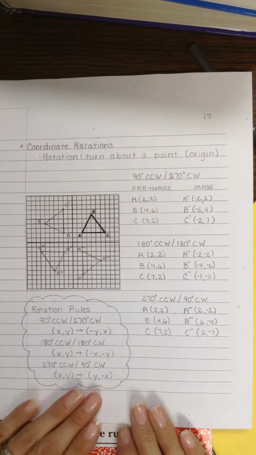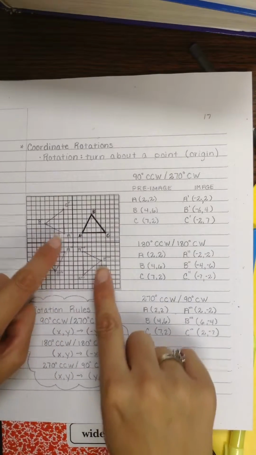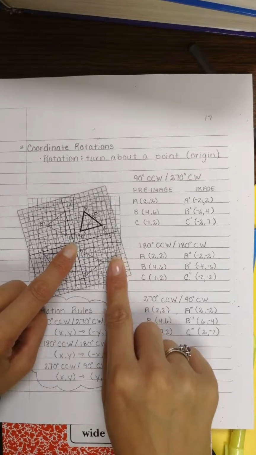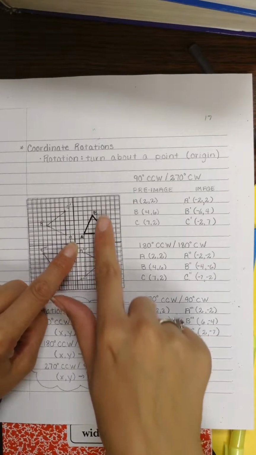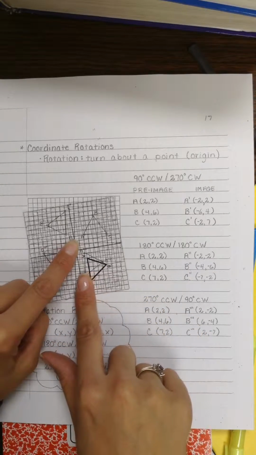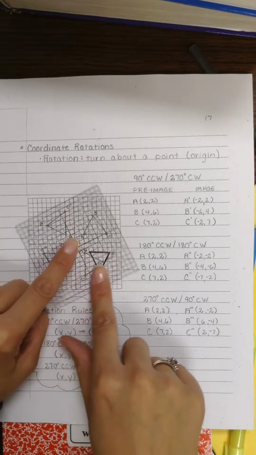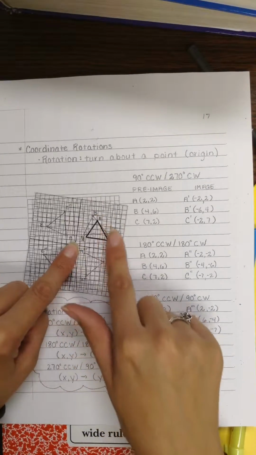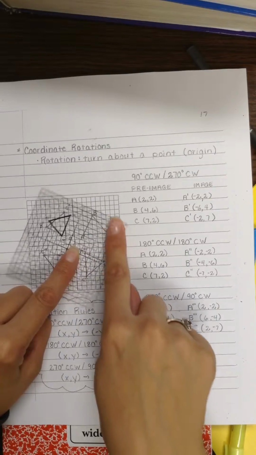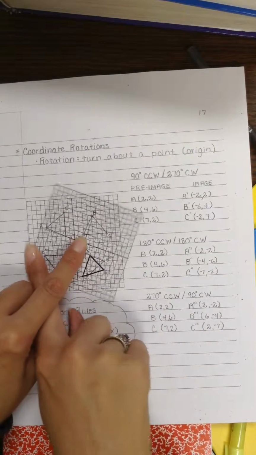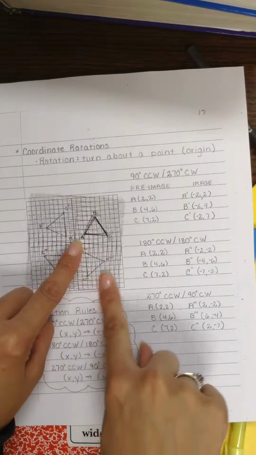So coordinate rotations means to turn it about a point, and that point we're going to use the origin, so we're going to spin this. And there's two different ways that we can spin. We could spin as the clock turns, clockwise, or we could spin vice versa, counterclockwise. Realize that eventually going clockwise or counterclockwise, we could end up with the same thing, just different amounts